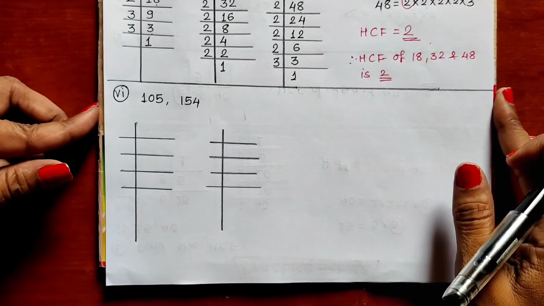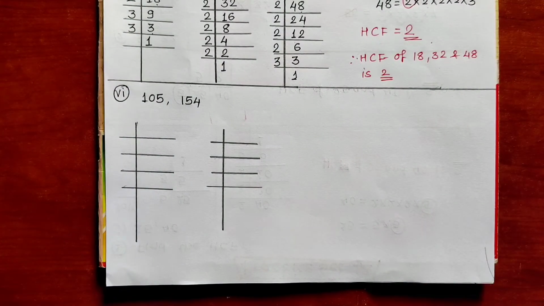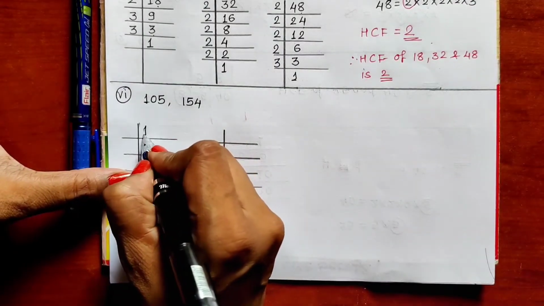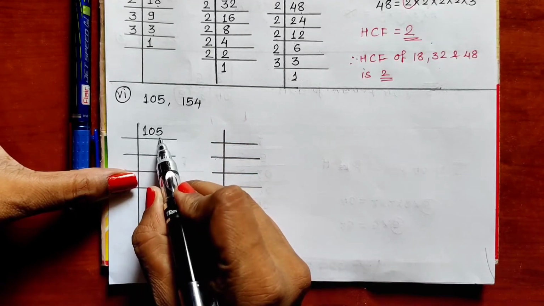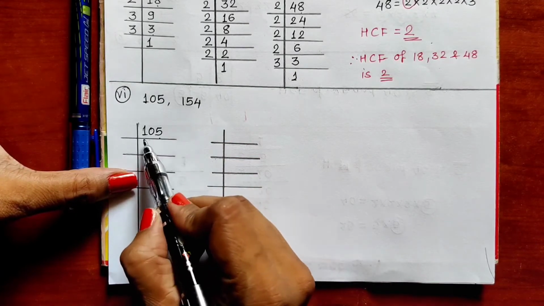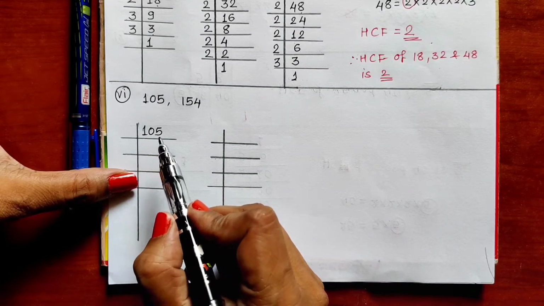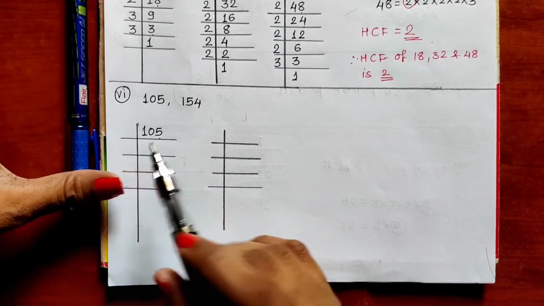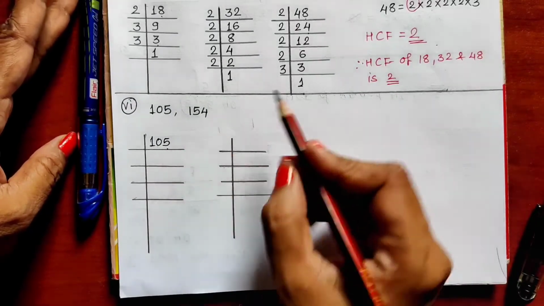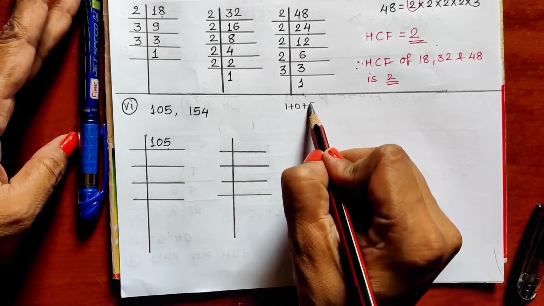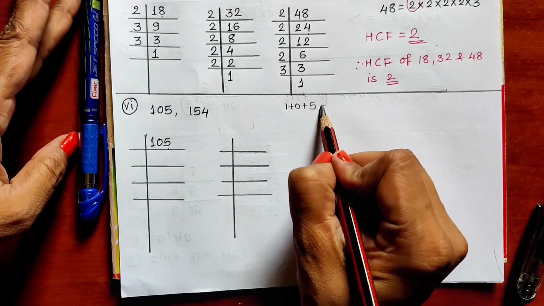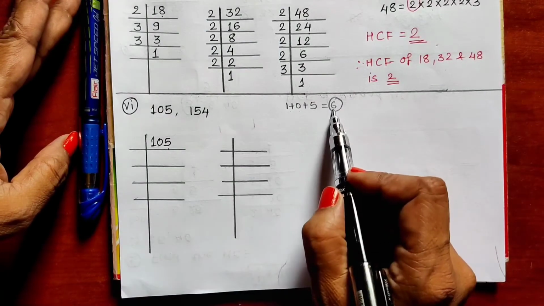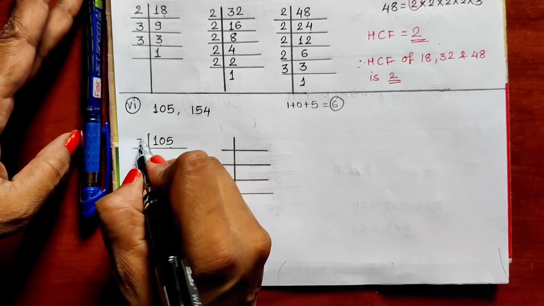Now some more. We have got two numbers, 105 and 154. So first find the prime factors of 105. Now 5 is there in the unit place, that means this is not an even number, this is an odd number. So it is not divisible by 2. We start checking the divisibility from 2. Then we will go on to 3. Is it divisible by 3? How to check? We will be adding all these three digits. 1 plus 0 plus 5, 1 plus 0, 1 plus 5 is 6. 6 is there in the table of 3, and that's why 6 is divisible by 3. Therefore 105 is also divisible by 3.